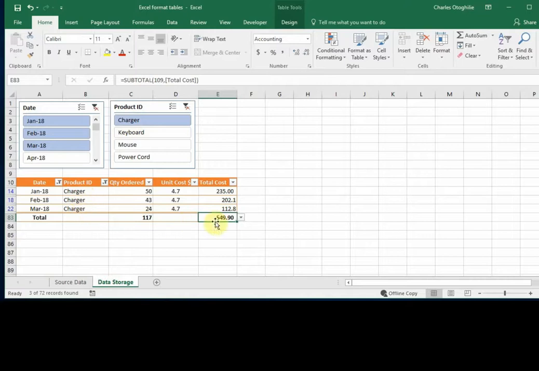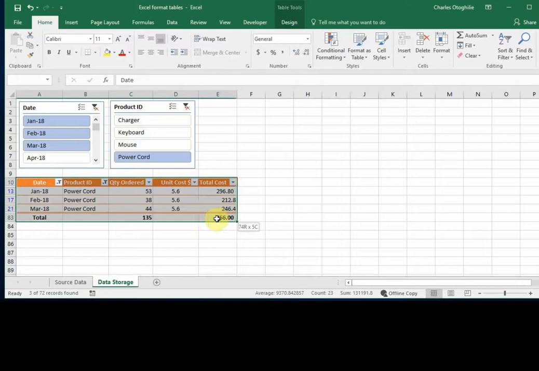We see that for chargers, only for keyboards, only for mouse, and only for power cord. So when we use Excel formatted tables, there are certain questions that come up that we can easily answer